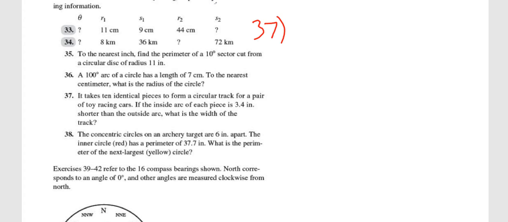37. It takes 10 identical pieces to form a circular track for a pair of toy racing cars. If the inside arc of each piece is, ooh, this will be interesting, 3.4 inches shorter than the outside arc, what is the length of the track? 10 identical pieces to form a circular track. Inside arc of each piece is 3.4 inches shorter than the outside arc. Okay, so